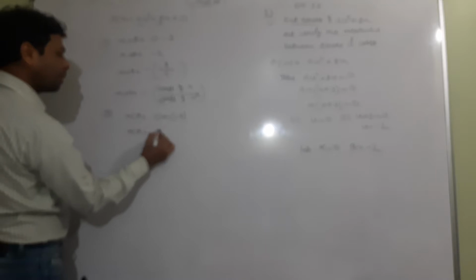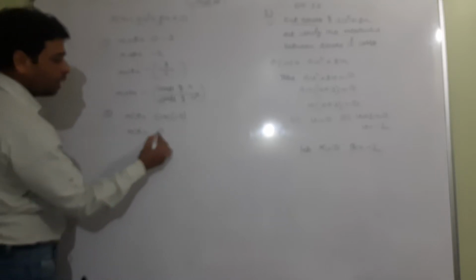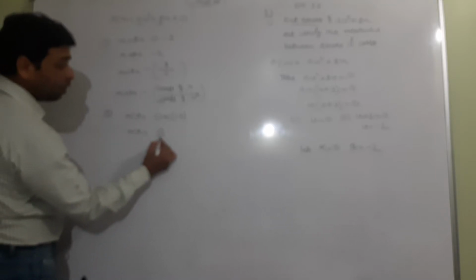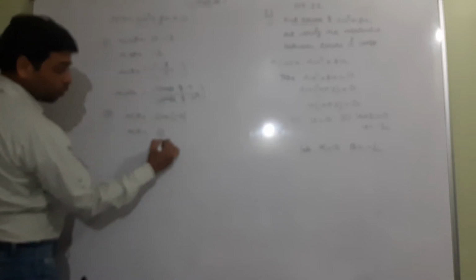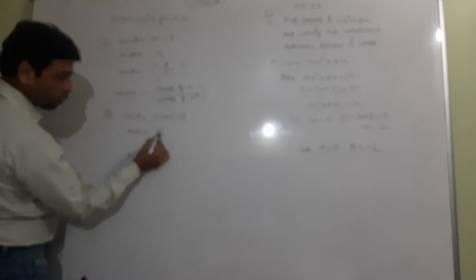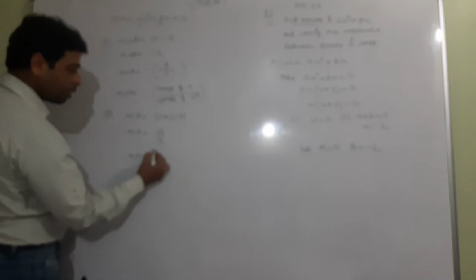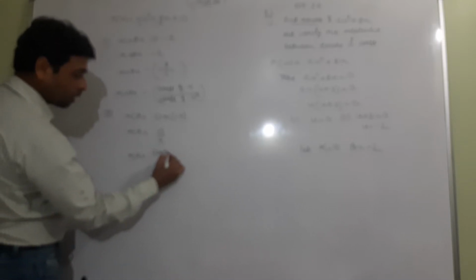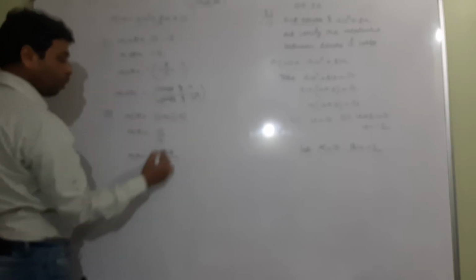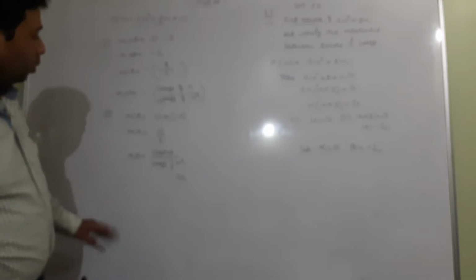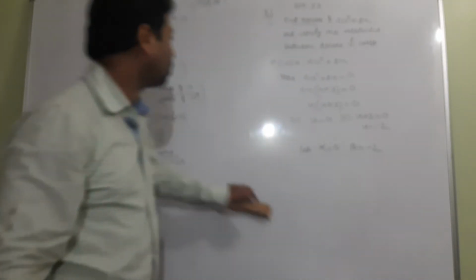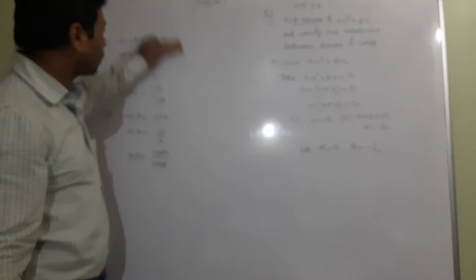Now second, alpha into beta. Look properly, this is 0 and this is minus 2. One should not be surprised that the answer is 0, and upon it one should write what? The coefficient of u square, meaning 4. So one should write 4 only, because 0 upon 4 itself means 0, and 0 means the constant term. You can see here constant term upon coefficient of u square, and that's good enough for this question. So now you can please see it from the board and copy it in your notebook.